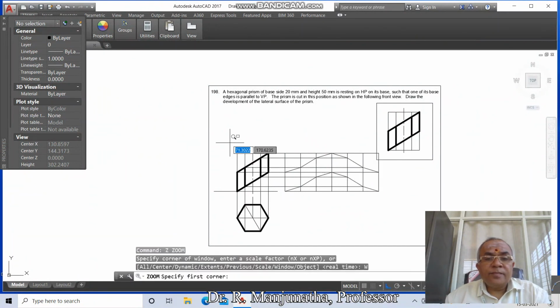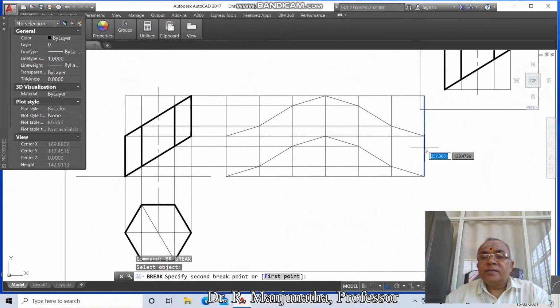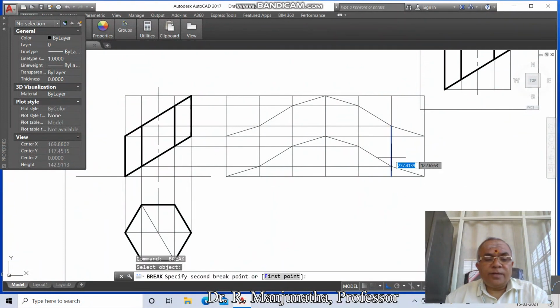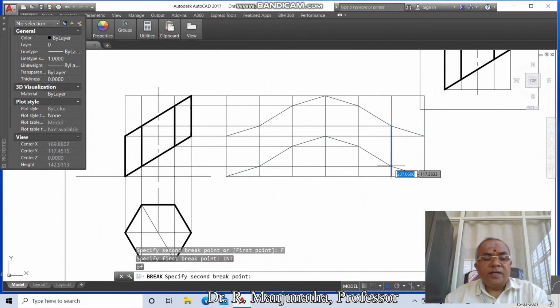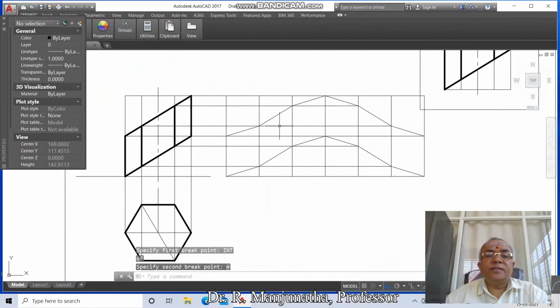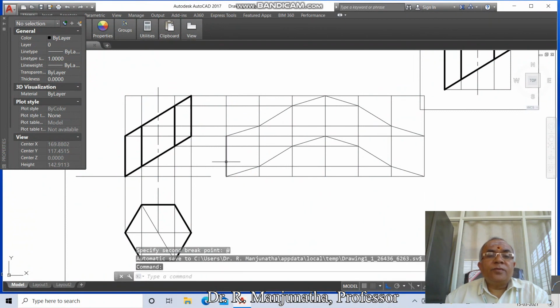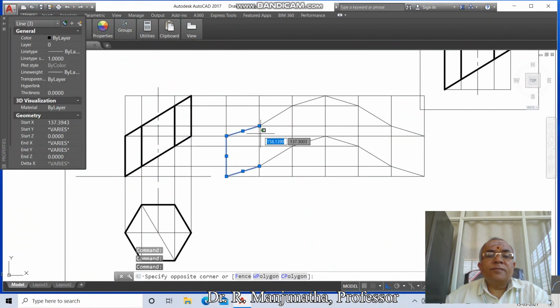Then go to zoom window, select this near to the screen and then go to break, select this first point, int of this and say @, then break first point int of this and say @, and repeat the same for each of the remaining points, breaking at first point int of this and saying @ each time.